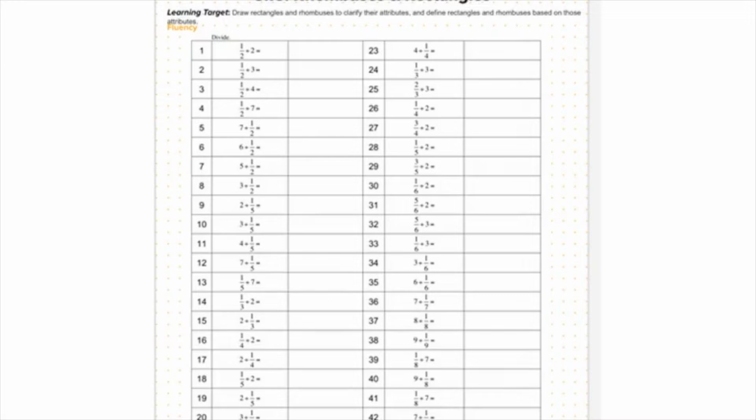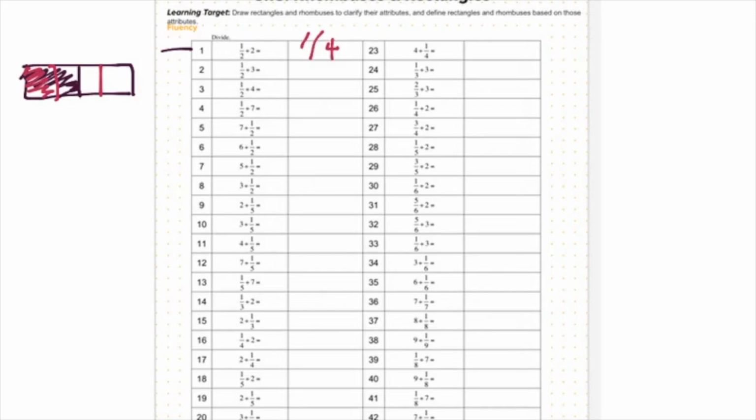Good morning. You should be looking at Module 5, Lesson 18, and at the Fluency portion right now. So again, remembering how we divide with fractions. Let's look at number 1. We have 1/2 divided by 2. So if we are drawing this as a tape diagram, we have 1/2. Okay, so I've split my 1 into half. Here would be my 1/2. And I'm dividing it into 2. So that means I'm going to split this into 2 and this into 2. Here's where it overlaps. So we now have